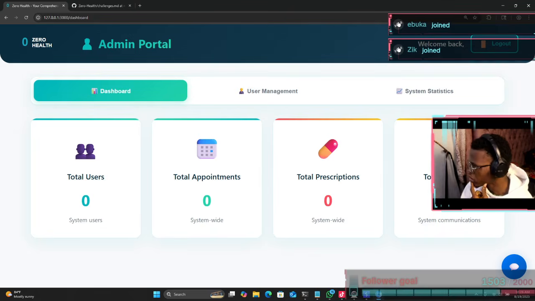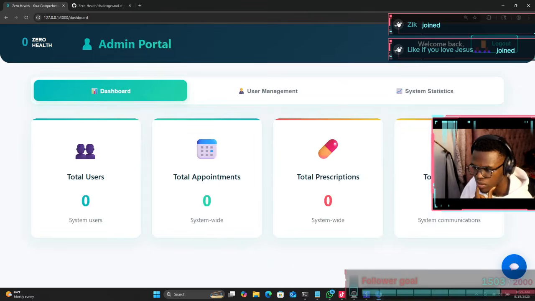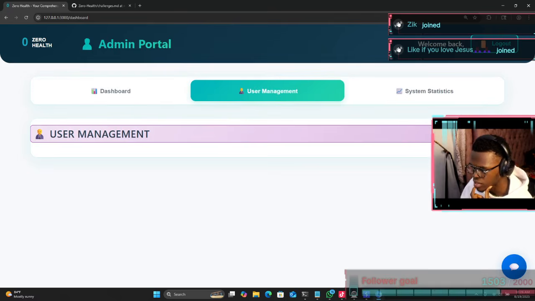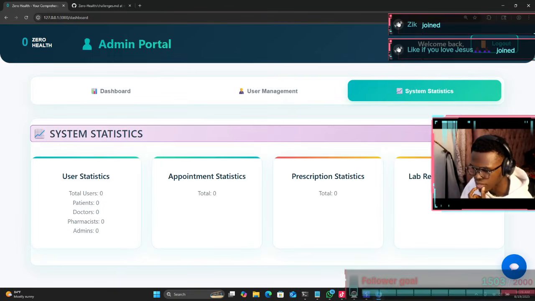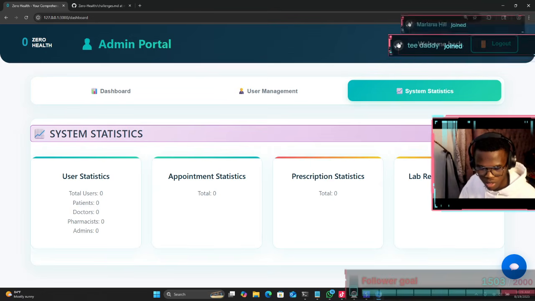Now I'm coming back to my web application and then user management. Can I view all the users in the system? This time I can't view all the users in the system. Hmm. This is going to be tricky. What do I do? So I think what I need to do now is to actually exploit